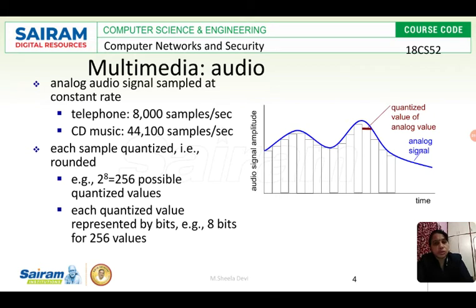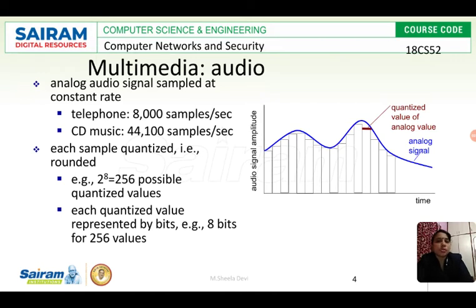But through the network we can send it in the form of digital data. So how can we convert this analog audio signal to digital data? If you take telephone audio, how is the data converted to digital data? If you take CD music, how is it converted? That's what we are going to see.